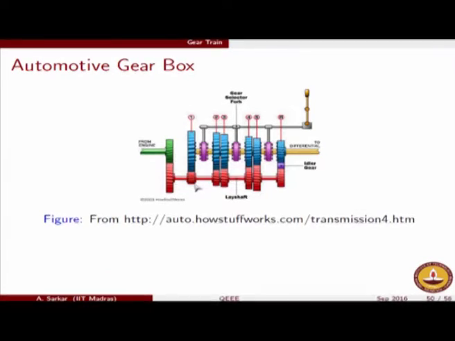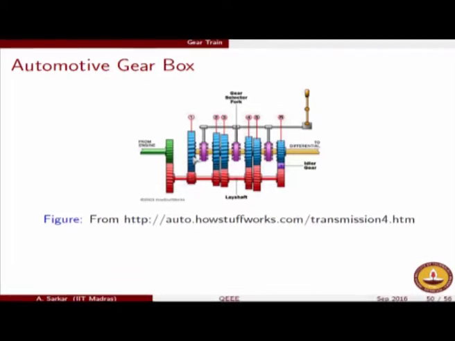Note what happens when the clutching is occurring at gear 1. In gear 1, the engagement between the red and the blue gear is such that the gear ratio is maximum. It is a small red gear engaging with the large blue gear. That essentially means the speed of the output shaft is going to come down heavily, but if the speed comes down, the torque goes up, because the power has to remain constant. So when gear 1 is engaged, your speed is coming down but your torque is going up.